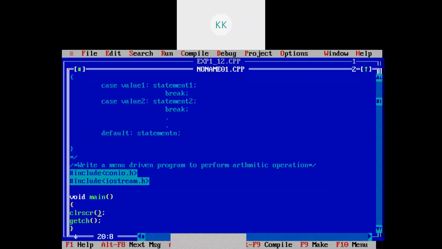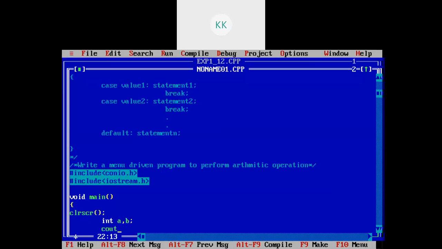Inside this, we need to define some integer variables a, b. So I have defined two integer variables a and b on which I will perform some arithmetic operation.